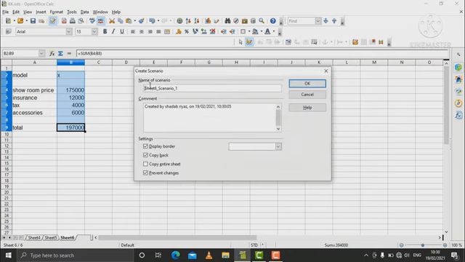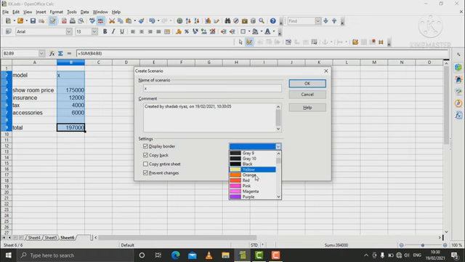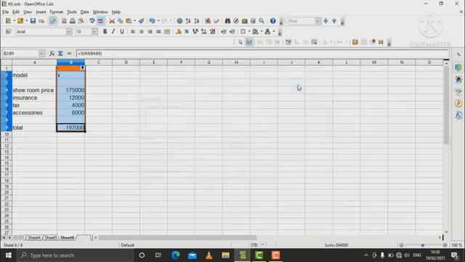So go to the Tools menu and click on Scenario. When you click on Scenario, you can set the name of the scenario. The name of scenario box is here. I give X. And here I wanted to give a border color, so I choose orange and mark it, and click on OK.